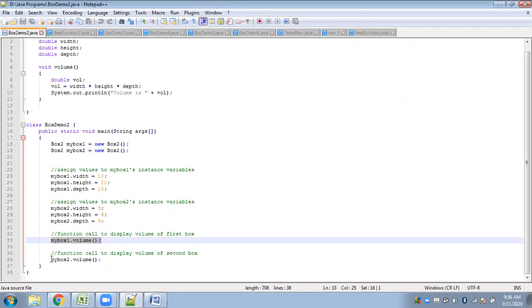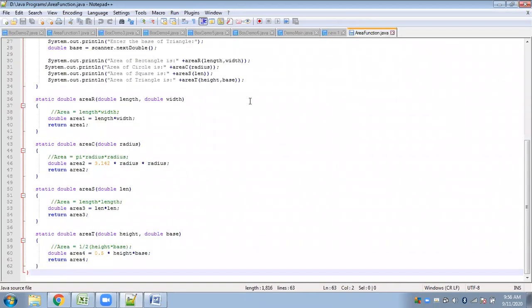In the next statement again we have a function call for the second object, so again you go back, and the volume will be calculated for the second box. Again you come back, and since there are no more statements to execute, our program will terminate. So far if you look at this example, what did we see?